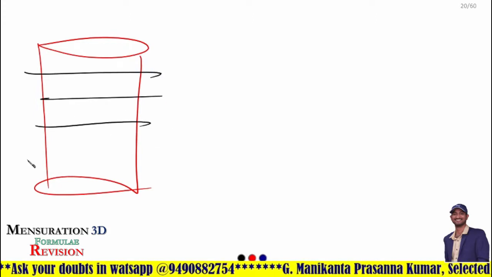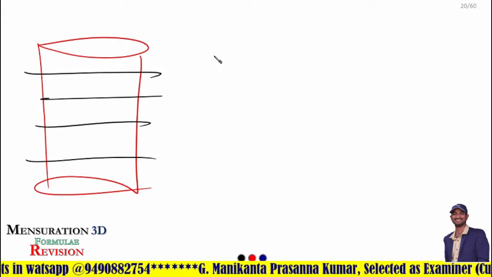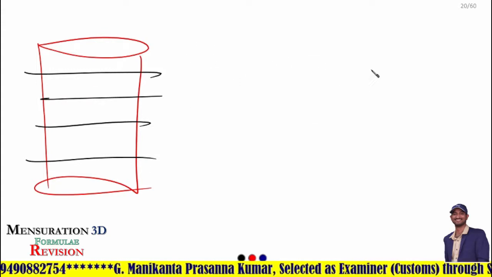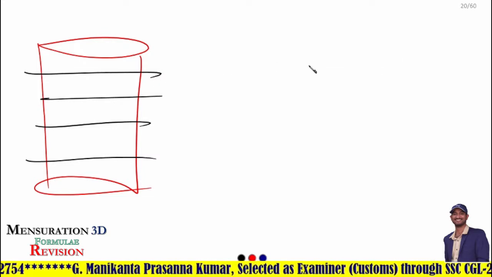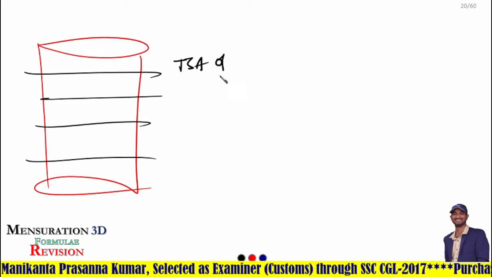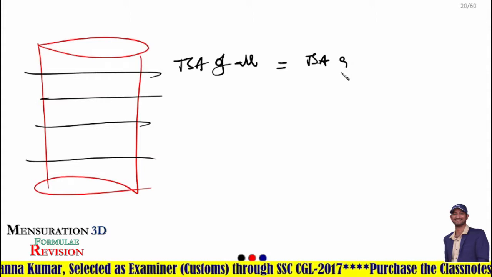Okay. Horizontal cutting. N cuts, I am talking about n parts. Then the lateral surface area of all the parts is equal to the lateral surface area of the given prism. Volume of all the parts is equal to the volume of the given cylinder. But what is important here is the total surface area of all parts is equal to the total surface area of the given cylinder